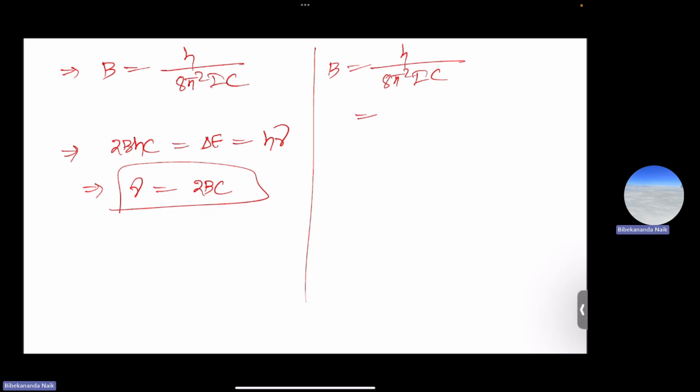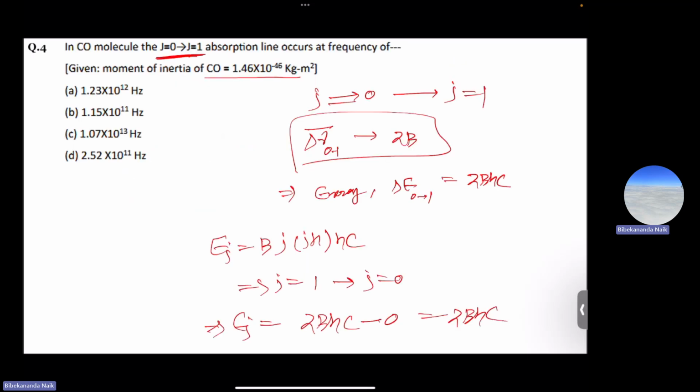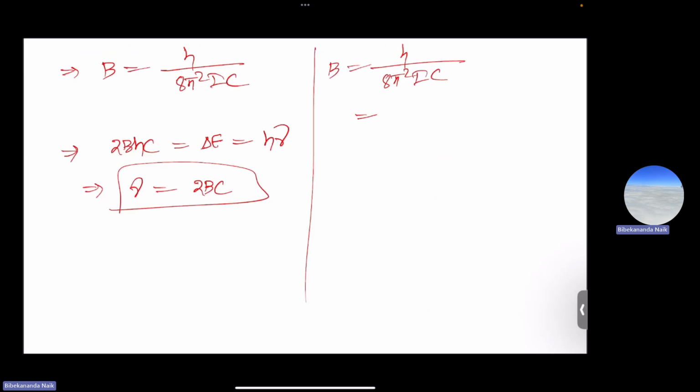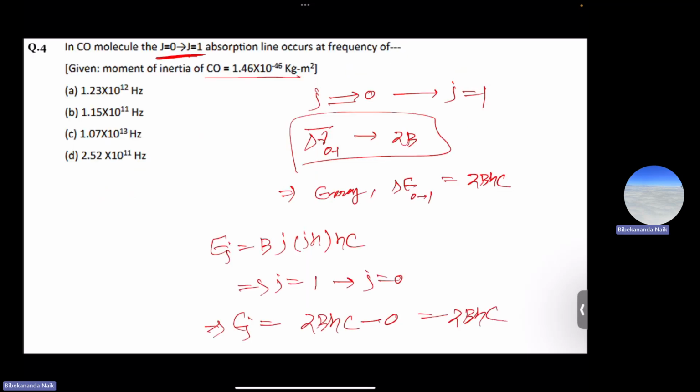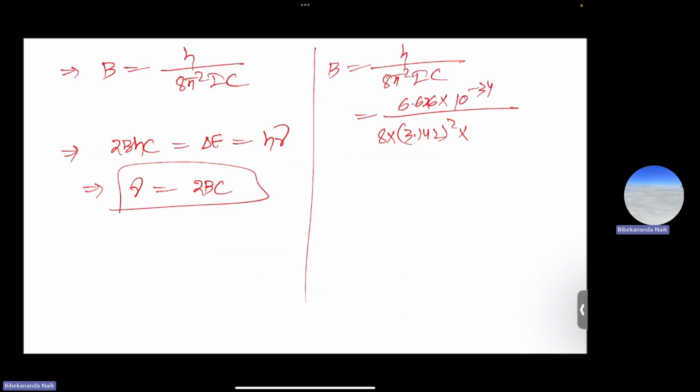If you calculate the value of B, we have the moment of inertia 1.46 times 10 to the power minus 46. So h is 6.626 times 10 to the power minus 34, divided by 8 into 3.142 square into I, which is 1.46 times 10 to the power minus 46, into c, which is 3 times 10 to the power 8. If you calculate, we will get